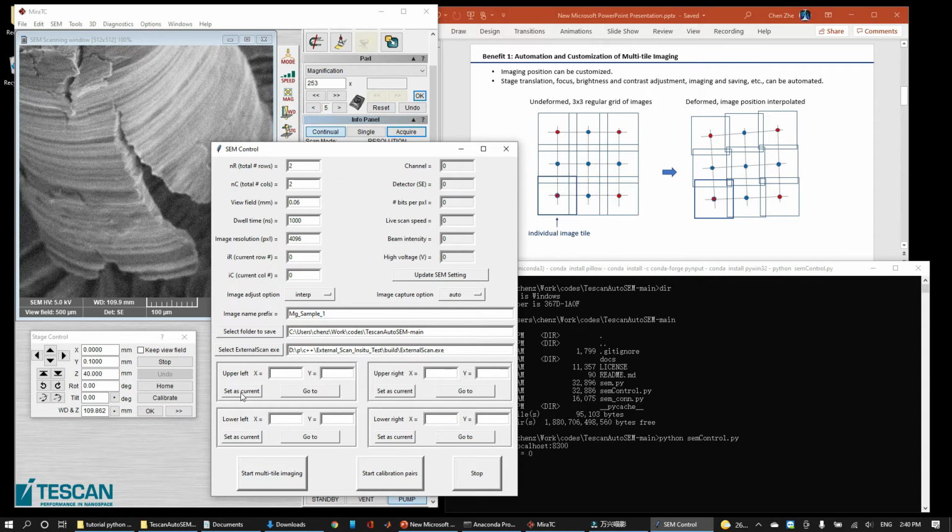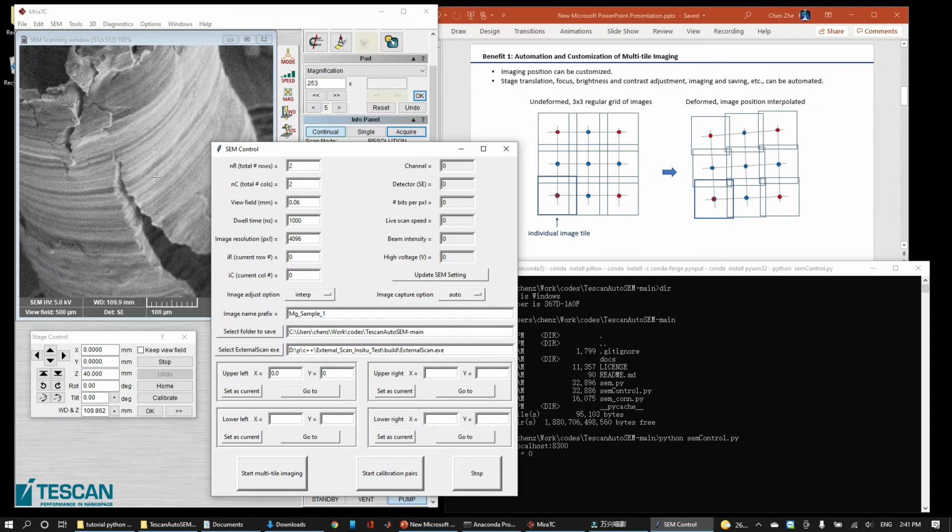So if we hit set as current, it reads your current position, that is, the stage position on your microscope. You can also directly input your position, hit go to to go to your desired position, and hit set as current to record that position in the memory for this image tile.